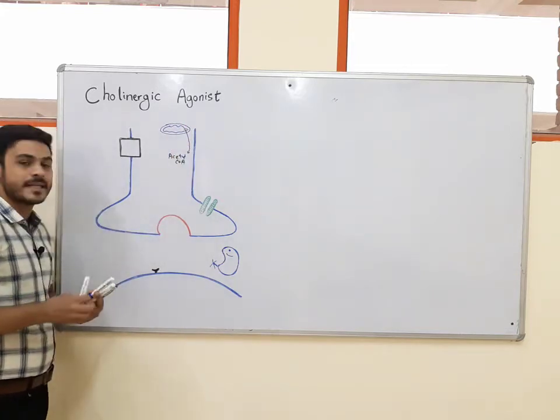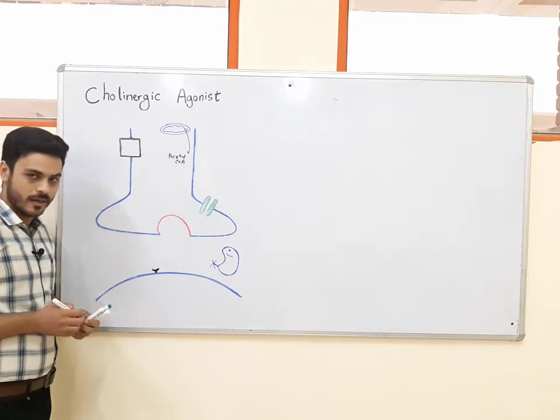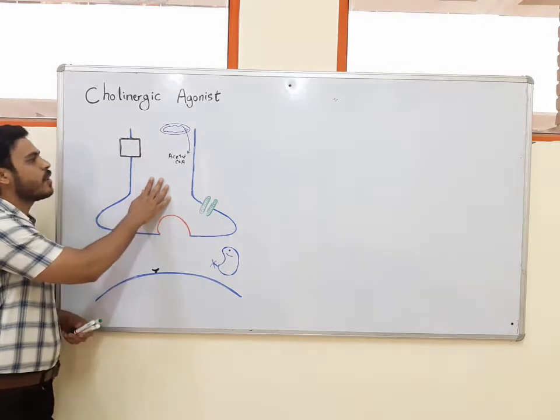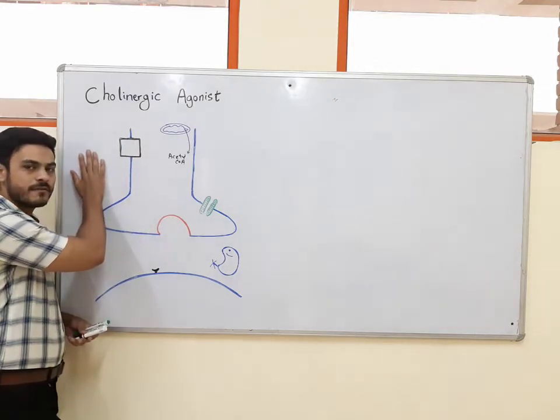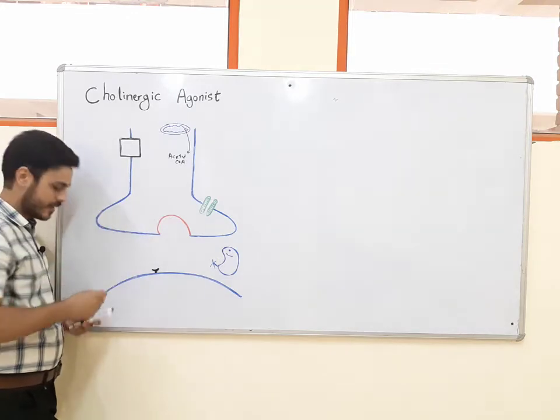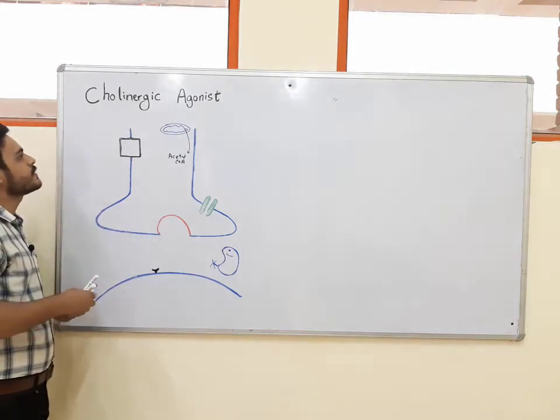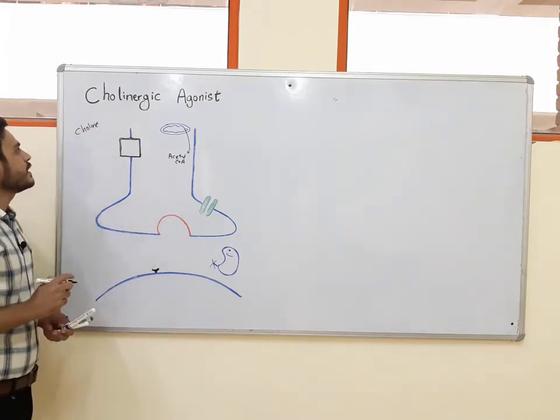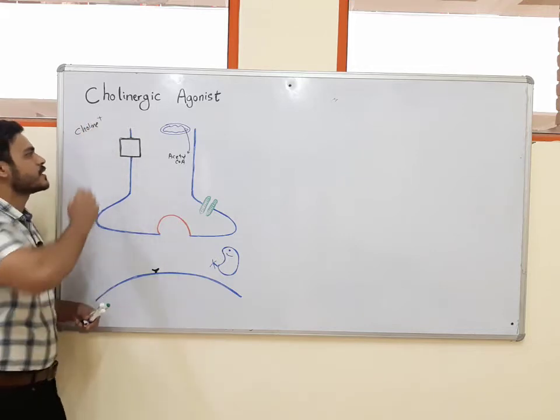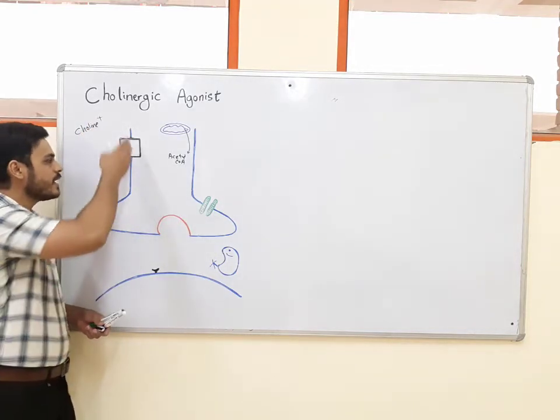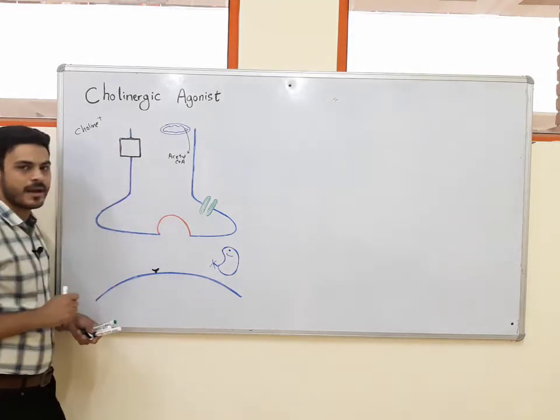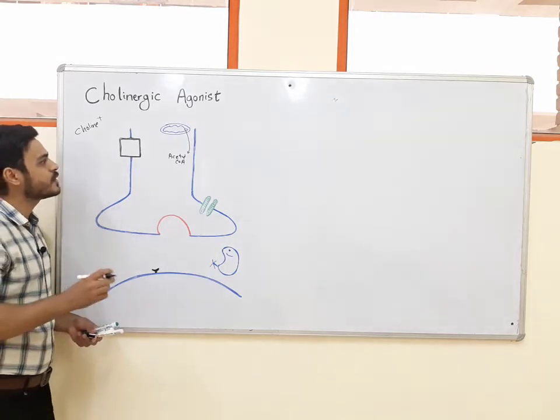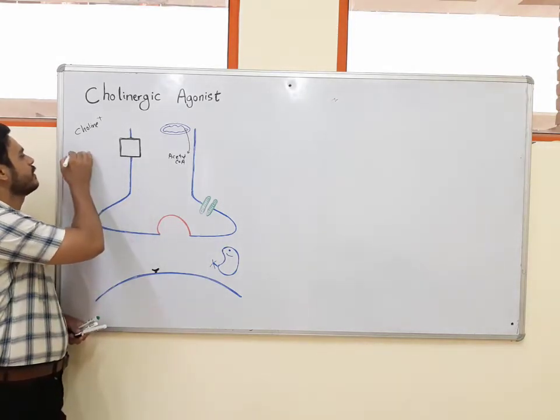The second substrate for synthesis of acetylcholine is choline, but we do not have choline in the nerve terminal. We have to uptake the choline from the extracellular fluid or extracellular environment. One of the characteristics of choline is that it has a positive charge. Because of this positive charge, choline is not able to cross the cell membrane, and we cannot transport this choline without a transporter. The transporter for this choline is the choline